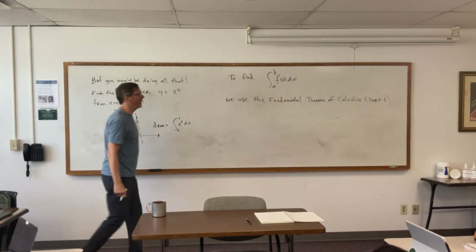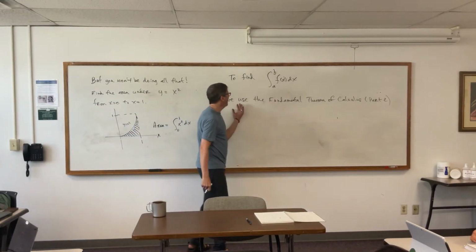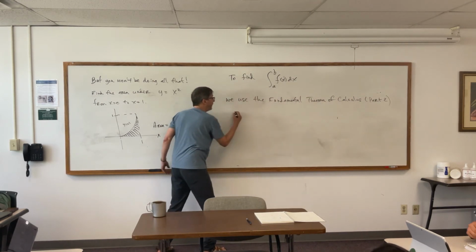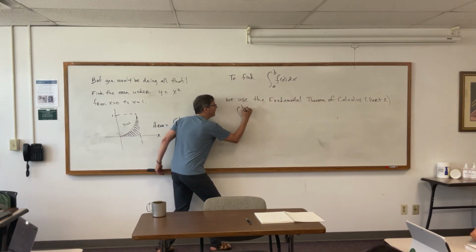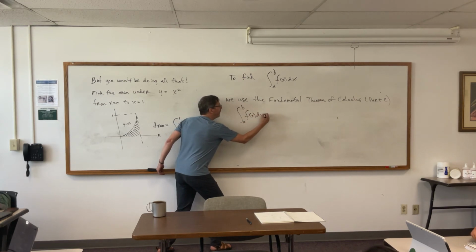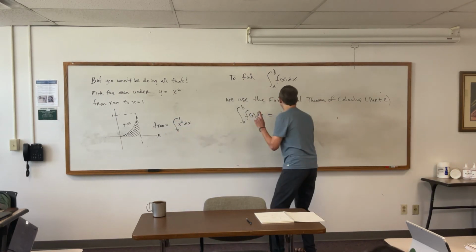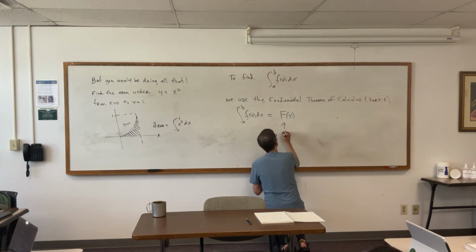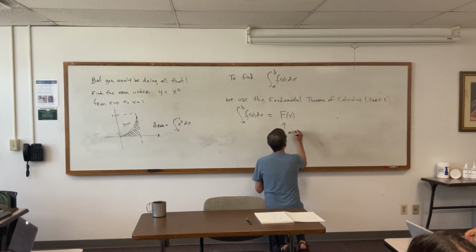I'll tell you what part 1 is on Wednesday. The FTC part 2 says to find this thing, what you do is you find an antiderivative. So this F right here is an antiderivative